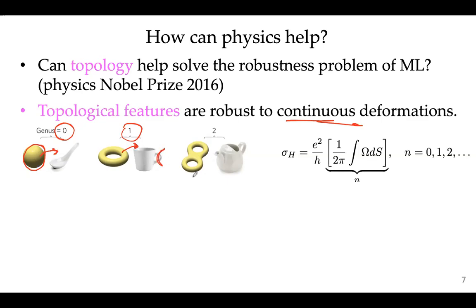Okay, if you look at now this figure, it has 2 holes. You can continuously deform it to this teapot because it has one hole here, the other hole is here. So the nice thing about topology is they are robust against continuous deformations. So how do we mathematically express this?